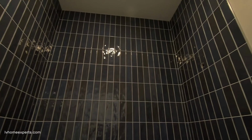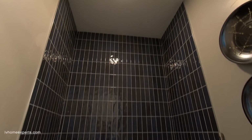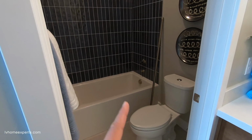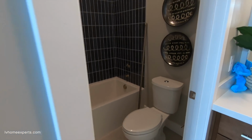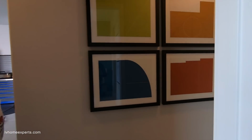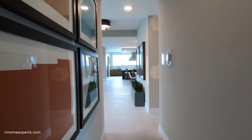It's a little bit dark. Now one thing I would probably do is add one more light in here. Okay. With this builder you have about 3 different toilet options to pick and choose from. Let's go this way. What do we got here? You've got 6-inch baseboards,